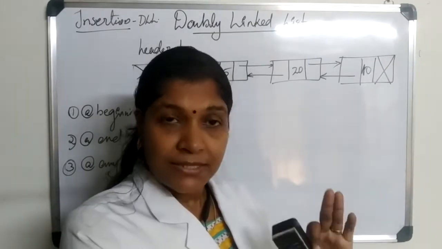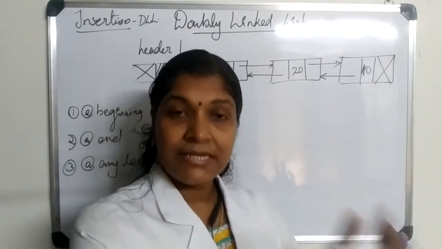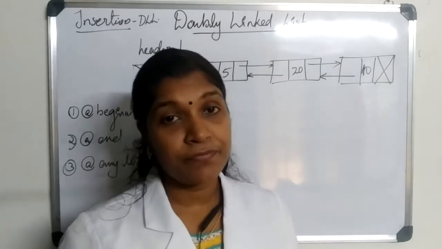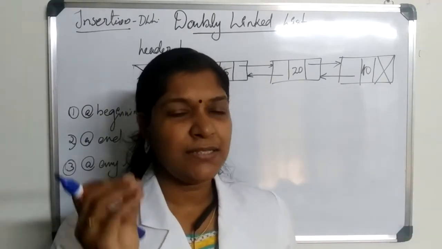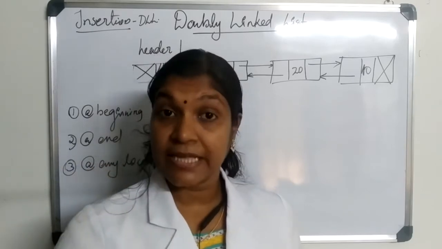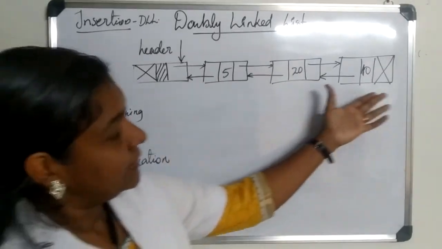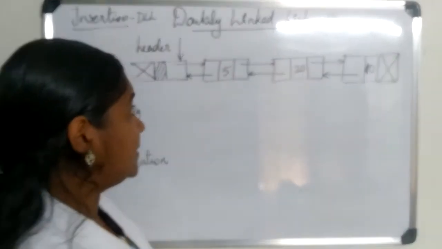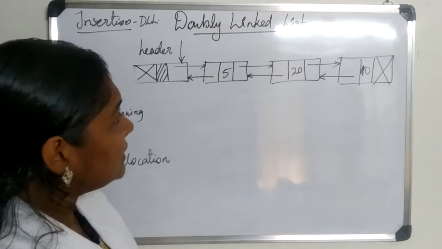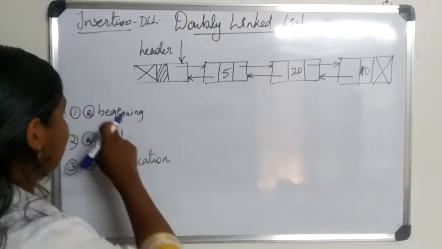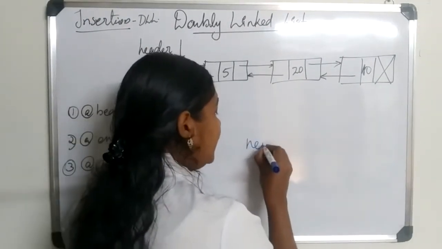So when we add this new node, it is possible that it is at the beginning, or at the middle, or at any location, or at the end of the linked list. All these three operations are almost the same as a single linked list, except for the slight difference of that second pointer. So we will consider each of the operations. This is the same diagram we considered in the last session, while considering the example of a doubly linked list. In the same diagram, let's implement these three cases of insertion. So first we will make the new node ready.